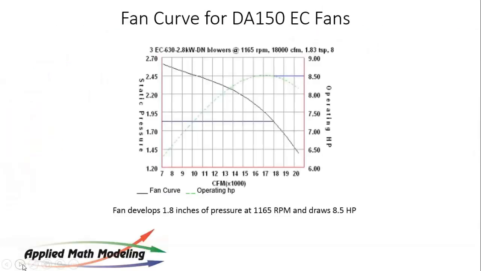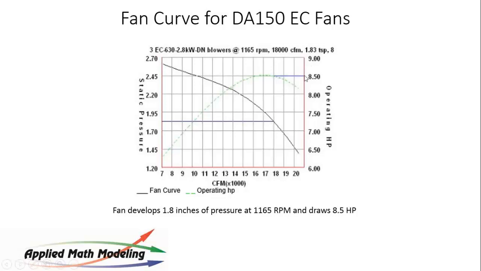The question becomes, are we in danger of getting into trouble on those fans? So here I brought up a plot of the EC fan. You can see it's not quite as strong. Here this is the one for the DSC. It's an 18,000 CFM supply. It's called the DA150, DSC DA150. It's one of the newer units from Liebert. And running at 1165 RPM, 1.83 total static pressure,